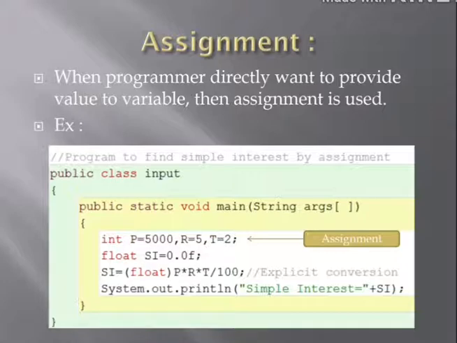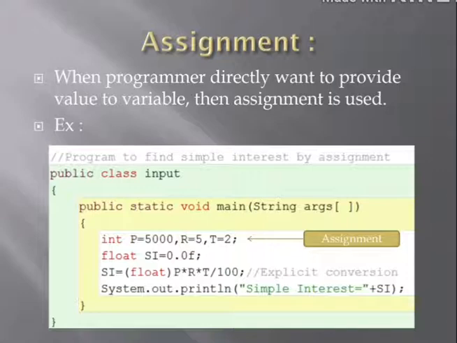Assignment. Basically, why are we using assignment? When the programmer wants to provide some value directly to a program, then we can use assignment. See, I have taken one example, simple interest only, and I have explained simple interest with different logics and different techniques.